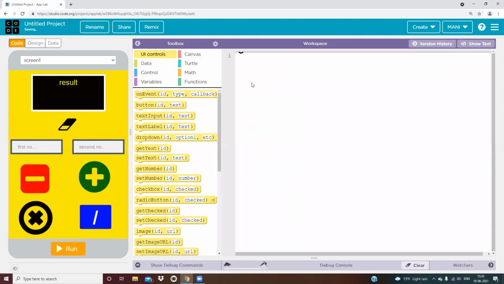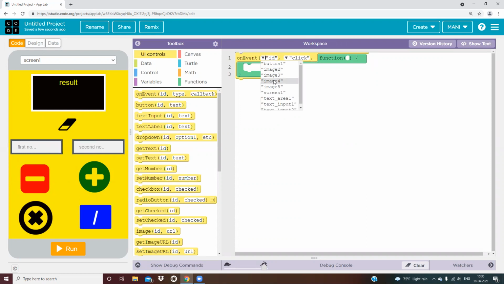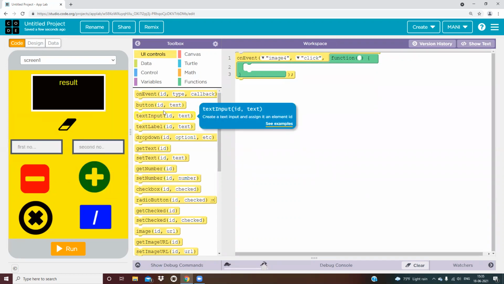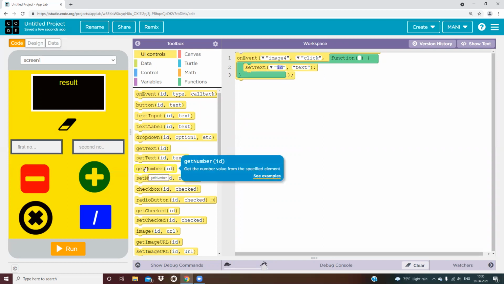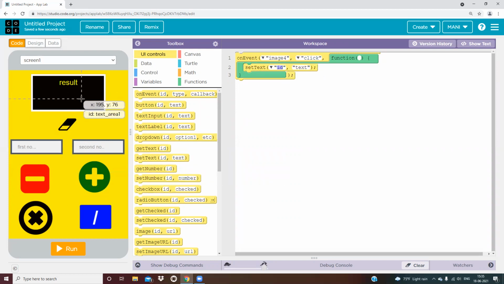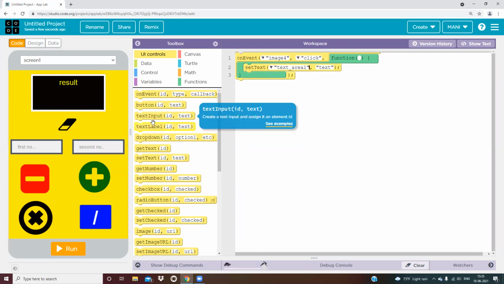Okay, now on event ID, this image 4. Image 4 is plus. Image 4 clicked, then something should happen. The something is set text ID, this text area 1. It is the result box. Text area 1, on click, you have to add.